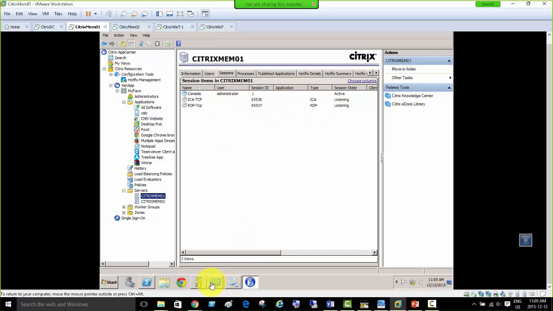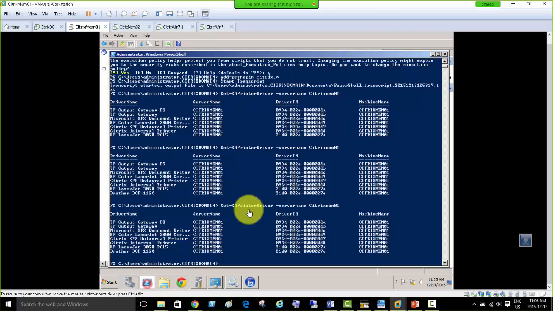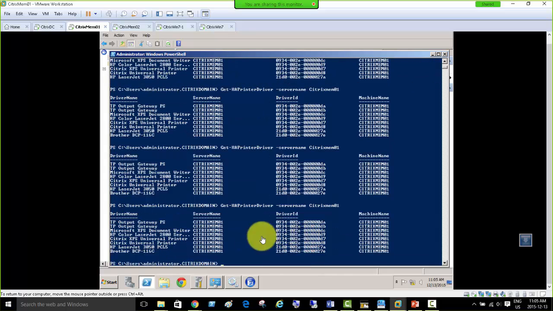But now, even after 15 minutes, when we see that, that printer is now added. So if I keep putting this command there, get accept printer, the latest list of printers, so this printer is added. So what do we know? The default behavior is that if you have printers added to your client side and they connect to your Citrix session, that printer will be added to the